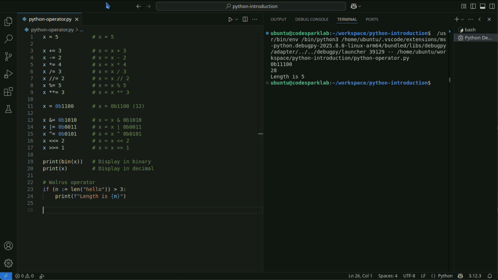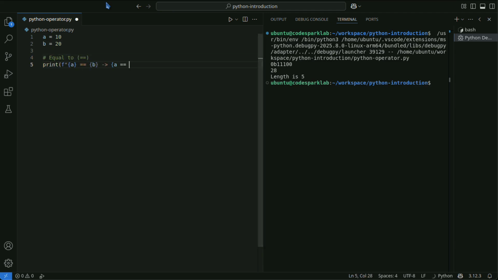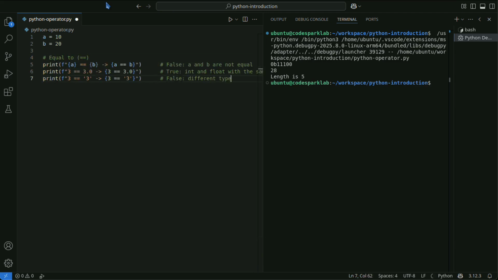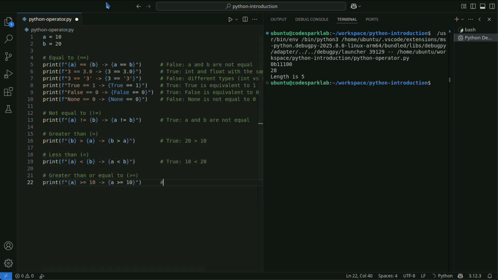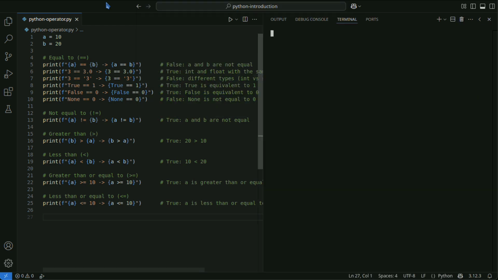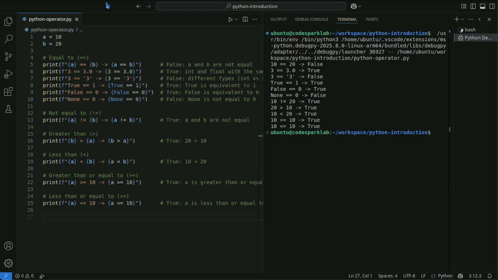Comparison operators compare values and return true or false. Comparison operators compare two values for order or equality and return true or false as a result.